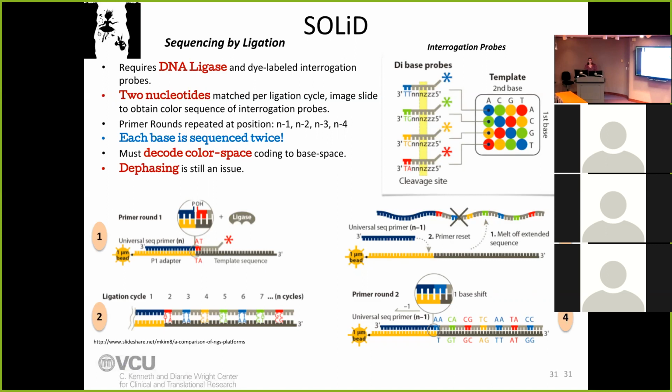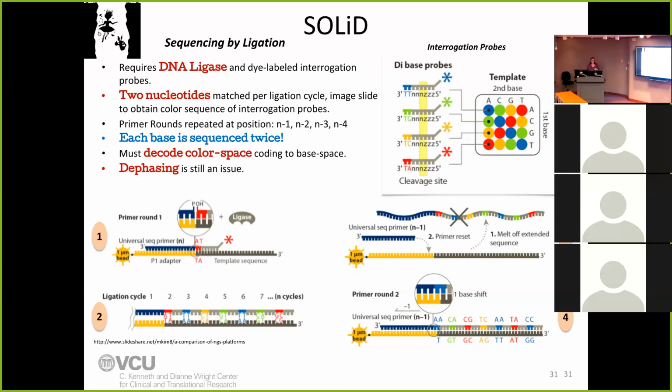This process is slower than Illumina, and they can't get the length that Illumina can. But one of the advantages is that each base is actually sequenced twice. So Solid sequencing has higher accuracy than Illumina or other